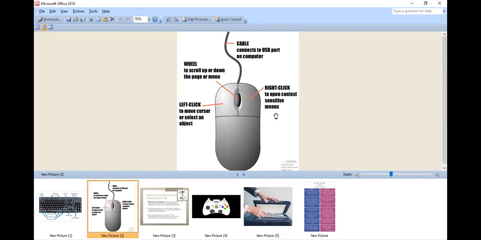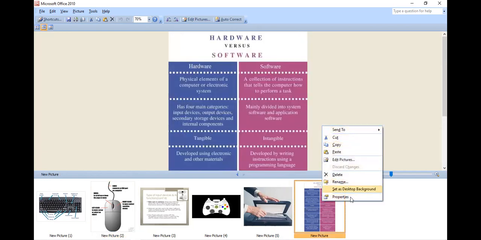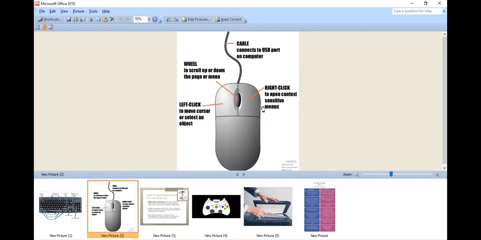So right click to open context sensitive menus. You can see these are the context sensitive menus. Related to that topic or that control, it will provide some help through the shortcut menu.